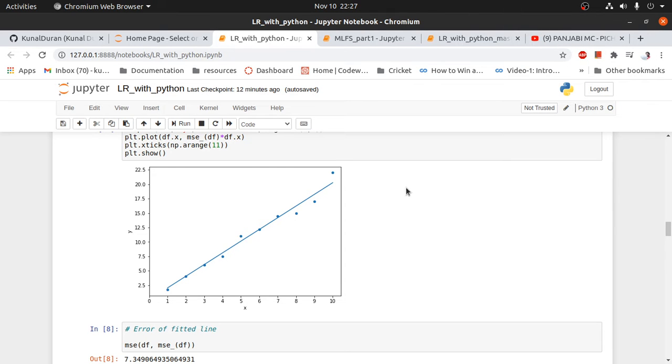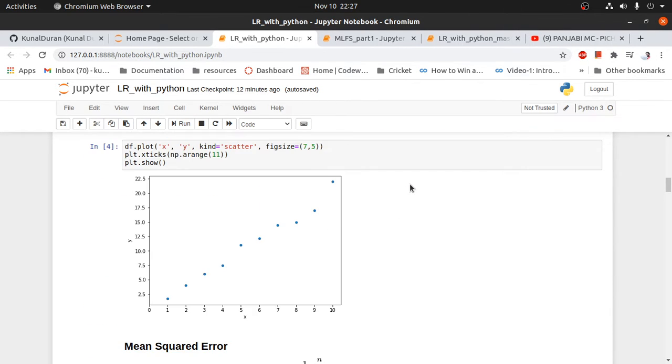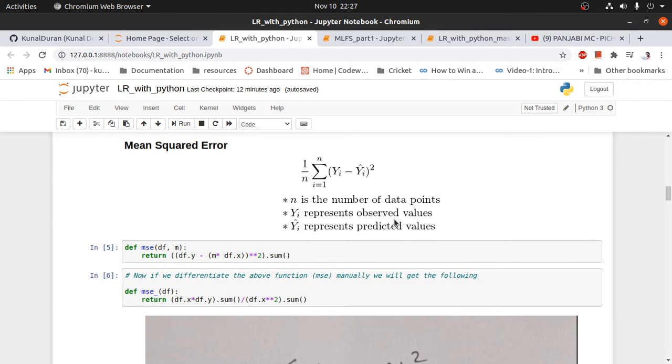Alright guys, so here we left off in the last part, and now what we are going to do today. I'm a bit late, but let's face it, we have another part of this linear regression with Python, and we can say linear regression from scratch with bias.